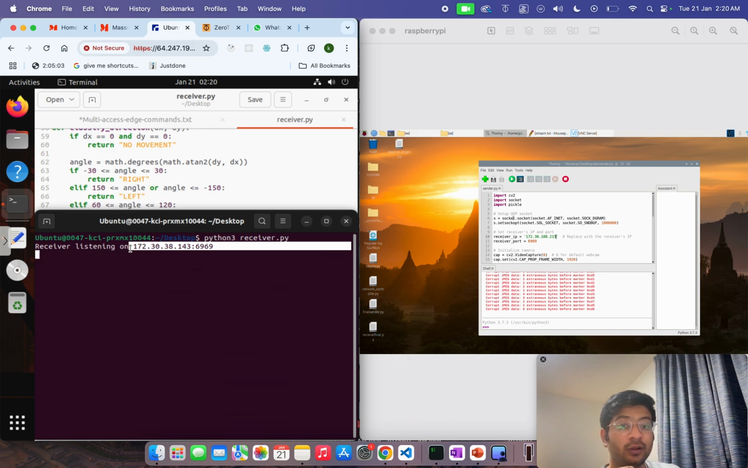Now on the remote Raspberry Pi, which is running on the right hand side, as you can see on the screen, we will again change the IP address to where our receiver is running, as you may see. So 172.30.38.143 is the address, and once I run that,